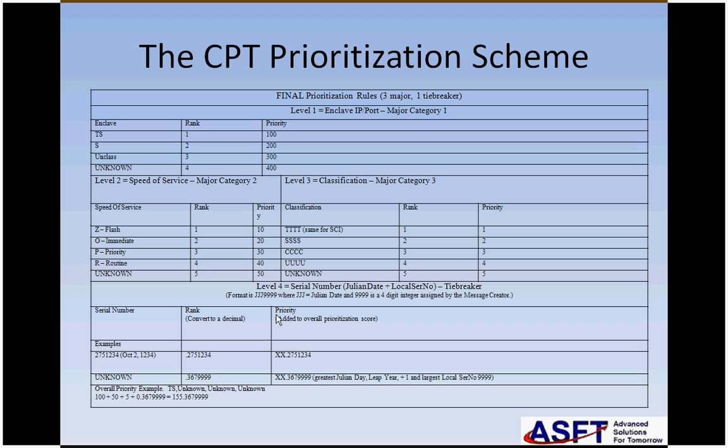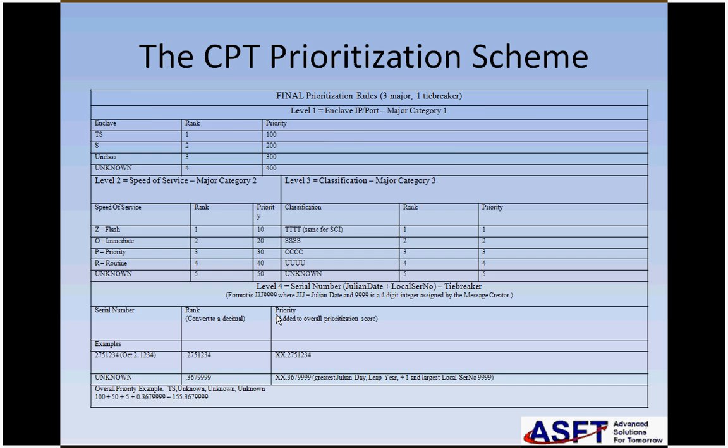This level is given decimal values, and when added, the total score ranges between 111.001.0001 to 455.367.9999. As a result, the CPT aids to minimize transmission times, handles all classified enclaves, and minimizes disruption to the current